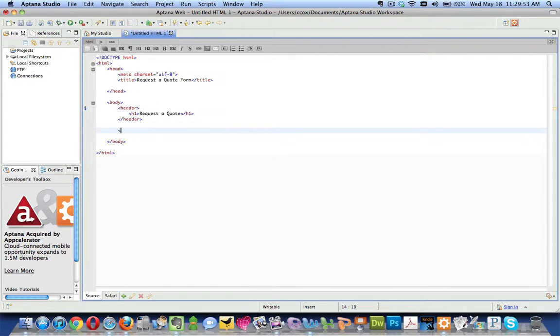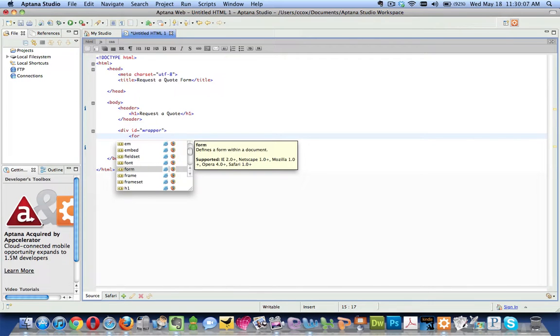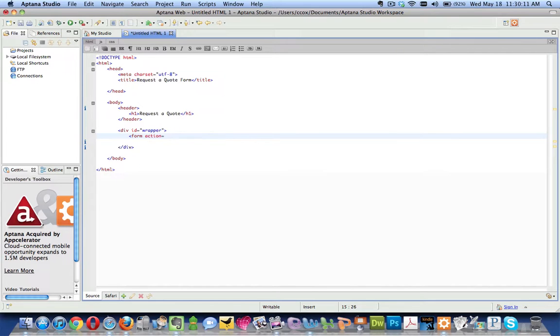Underneath the header section, we're going to create a div with an ID, and we're just going to call this wrapper. This is what's going to wrap around the form that we're building. So make sure to put your closing div tag, and we have that there. And now we're going to put our form element. So you start with the word form, and then you put action. We're going to come back and fill these in. Method and name. And then immediately close your form tag and kind of push it down there towards the end